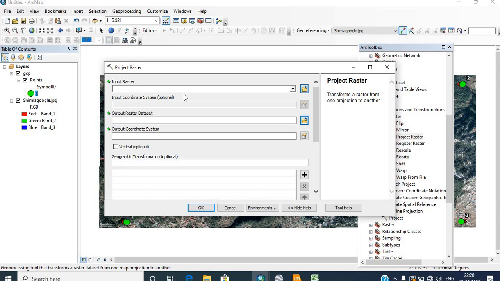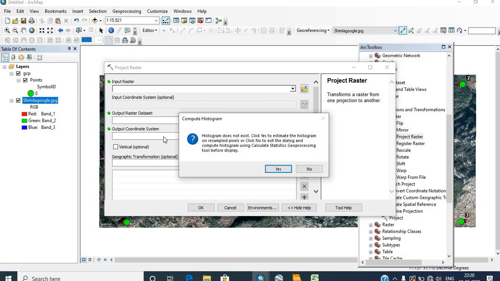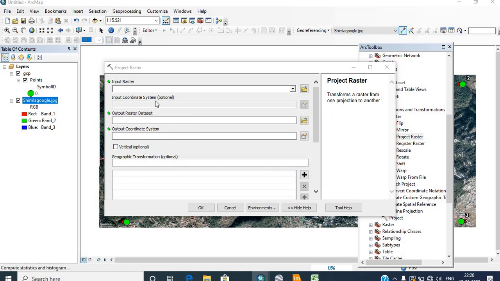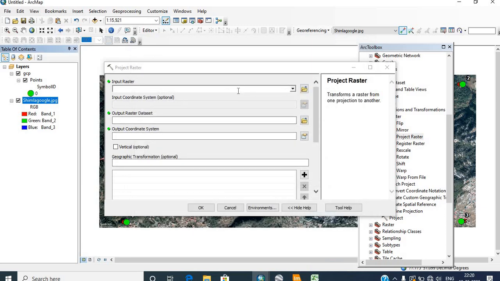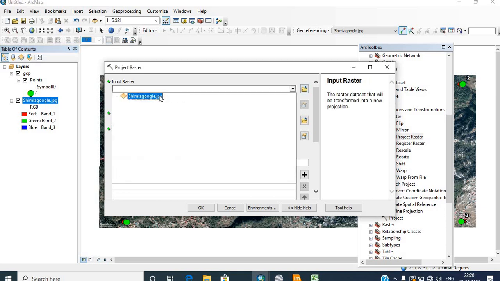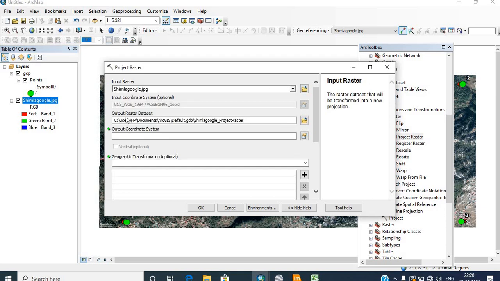So here we have to input the raster image. This is the Shimla Google image. It can be dragged and dropped. Yes, histogram building can be built. Okay, if it is not coming, we can directly input from here.